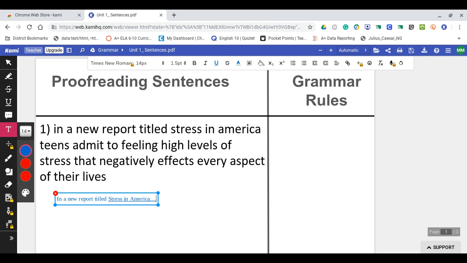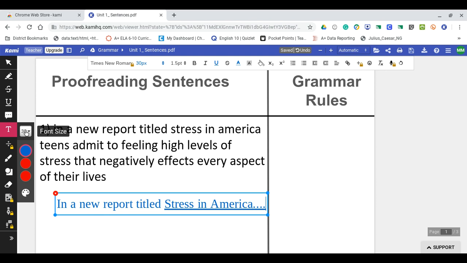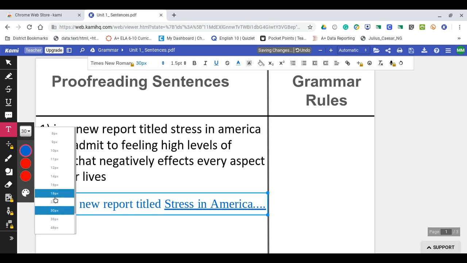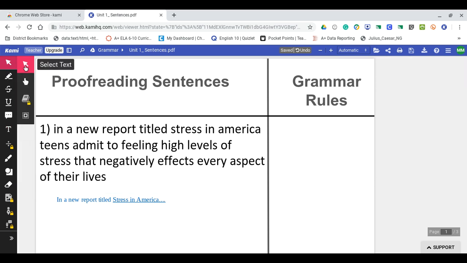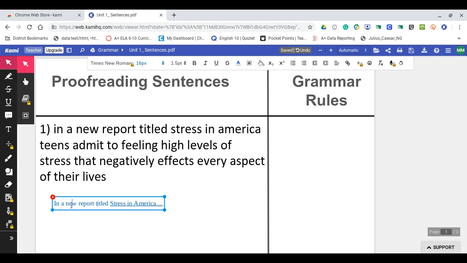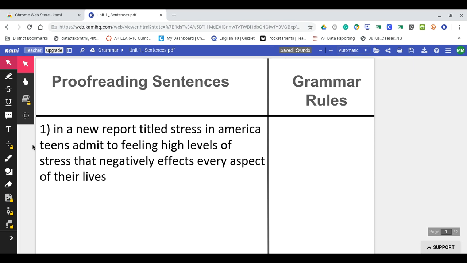Okay, so it's there. If you want to change the font size, you don't have to highlight the text. You can just pick any size font as long as you're still on the T. If you're not on the T anymore, you need to go to the select tool and wait for the box to show up and then click it. So this is how you can move things around. If you double click in there, you can type back in there. Okay. So the text box feature is going to be very important. If you want to delete something, you just hit the red X. Most often in this class, we will use the text box and the